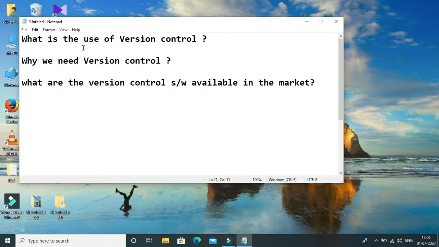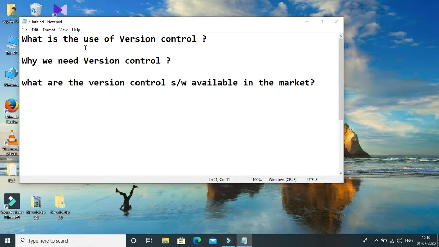What are the version control software available in the market? ClearCase, SVN, GitHub, Bitbucket, and many others are also available in the market.